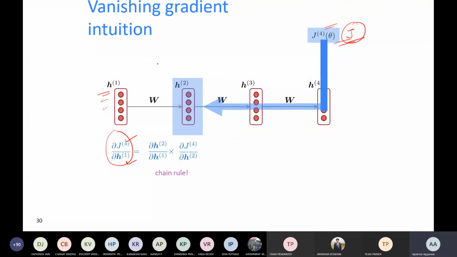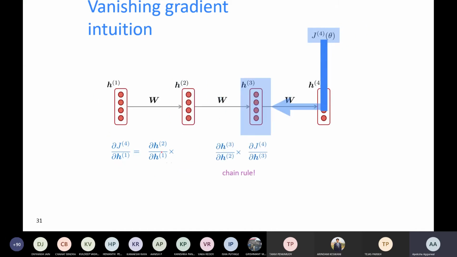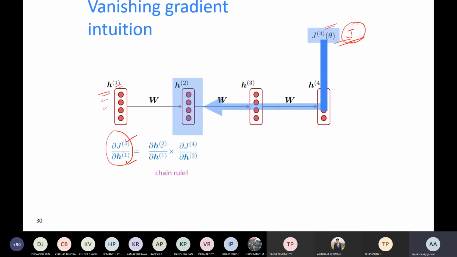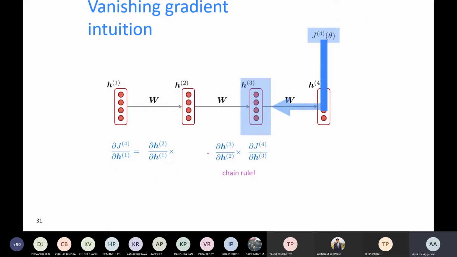So this fourth with respect to 1 we want to calculate. So applying chain rule over here, basically if you cancel it out, this is 1 by 4 again. Over here, this part will cancel out, this part will cancel out. So over here you can calculate this with respect to this, change in 3 layer with respect to 2, change in 2 layer with respect to 1.